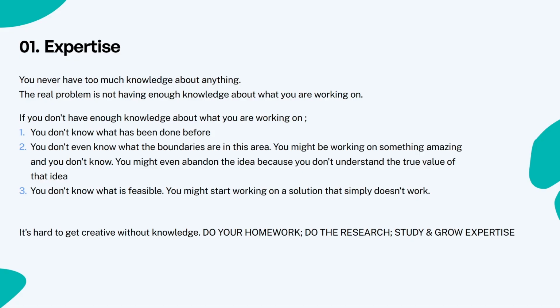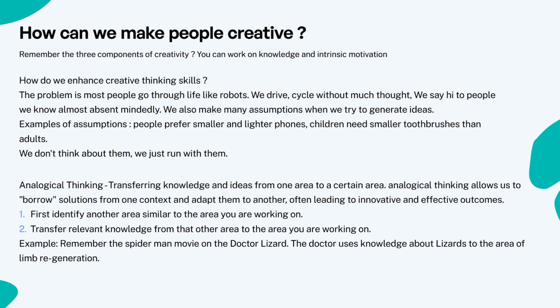And the real problem is not having enough knowledge, right? When you talk about creative thinking skills, there are some things that you can embrace. One of them is what you call analogical thinking. Analogical thinking is the methodology where we transfer knowledge and ideas from one area to fit a different, sometimes completely